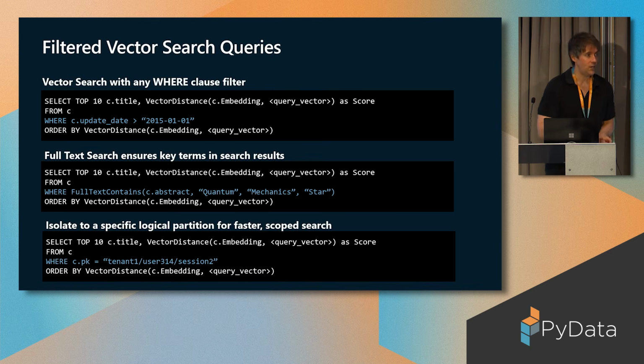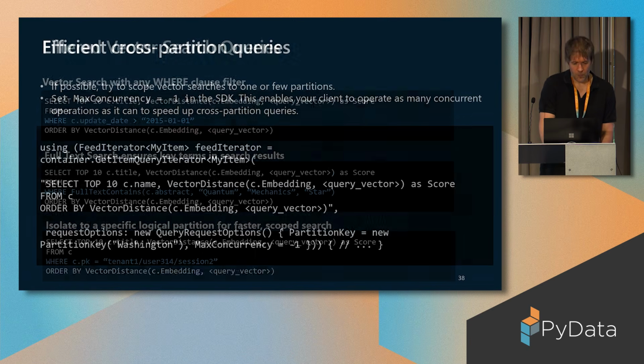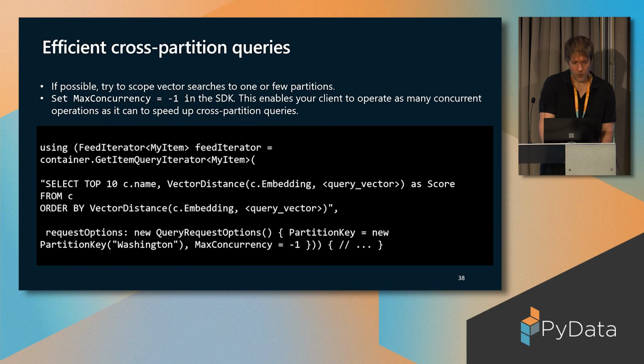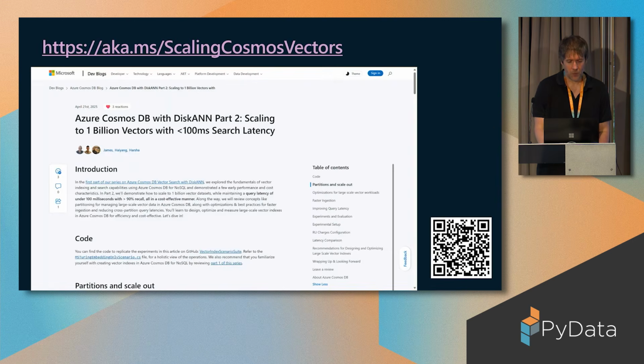If you're working with a distributed database and you're storing vectors at scale, you're going to need to think about a partition key strategy, just as you would do, frankly, with any application that is being built at scale. It's no different with vector indexing as well. You can do cross-partition queries. It's not disallowed, but it can get very expensive and it doesn't scale well. So I recommend thinking about partition key strategy.